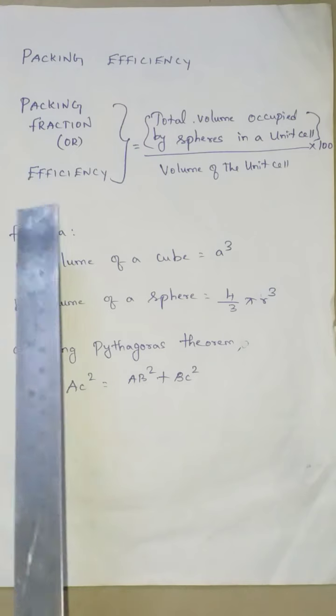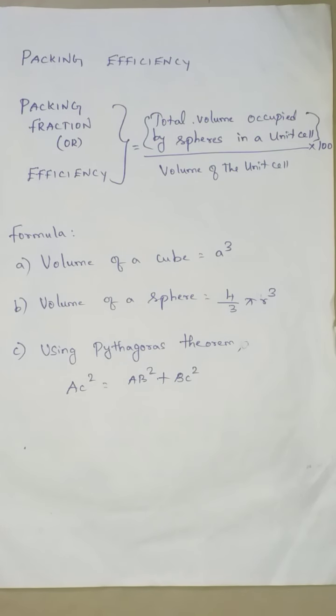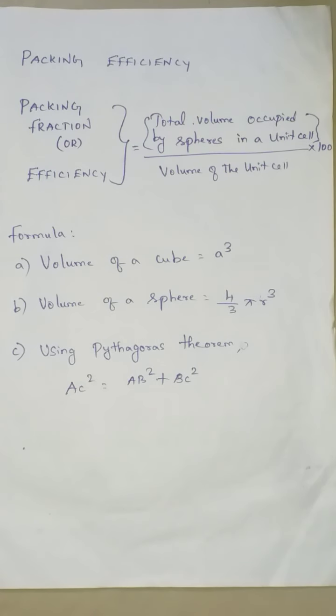So packing fraction or efficiency is defined as the percentage of the total volume occupied by the constituent spheres, which gives the packing efficiency of an arrangement. So for a simple cubic or body centered or face centered cubic arrangement, how the constituent spheres are arranged and how much its packing efficiency is to form the entire crystal. So for that we have to know what is packing fraction or efficiency, a very important question.